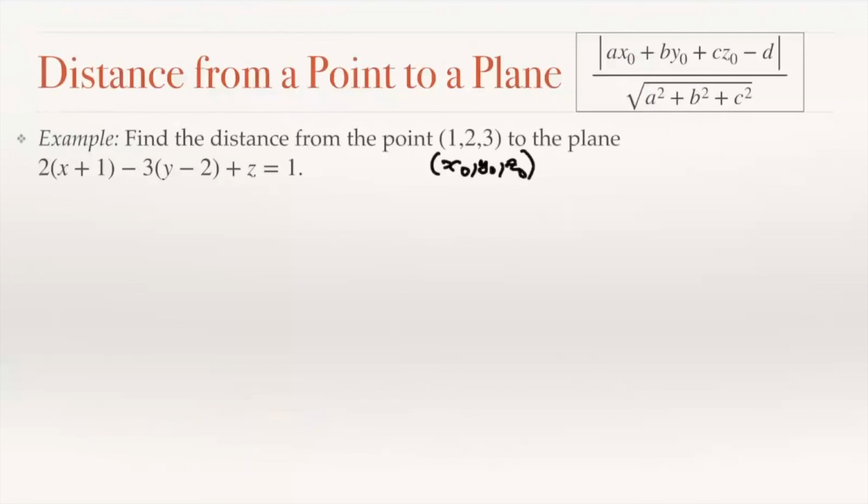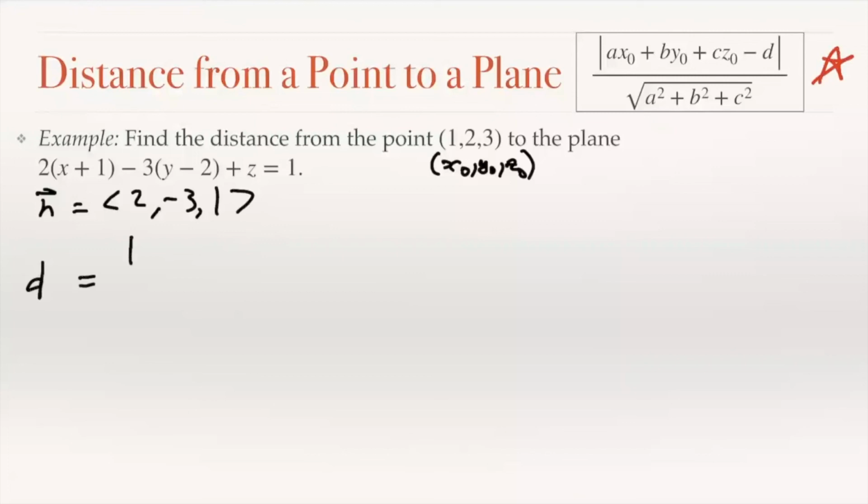And we have from this that our normal vector is 2, minus 3, 1. And up here, I have just rewritten the formula that we want to plug into, distance from a point to a plane. So the distance is